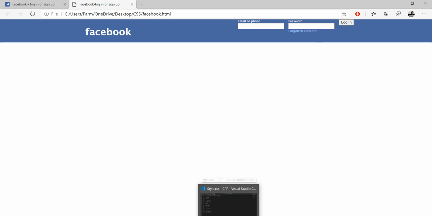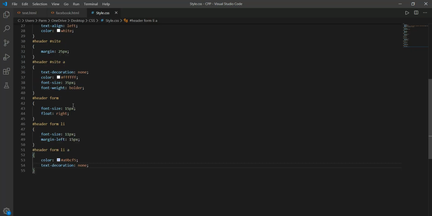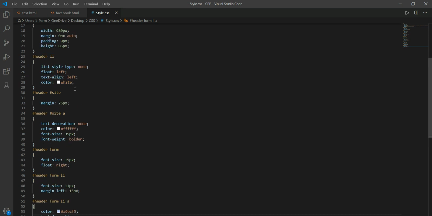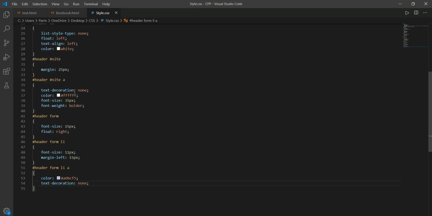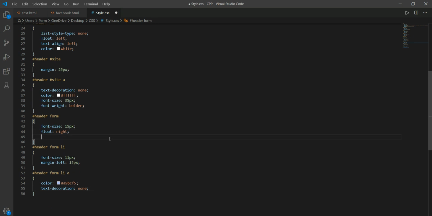So here we have to set the margin top. I have to set margin top. Here I will set the value around 15 pixel.